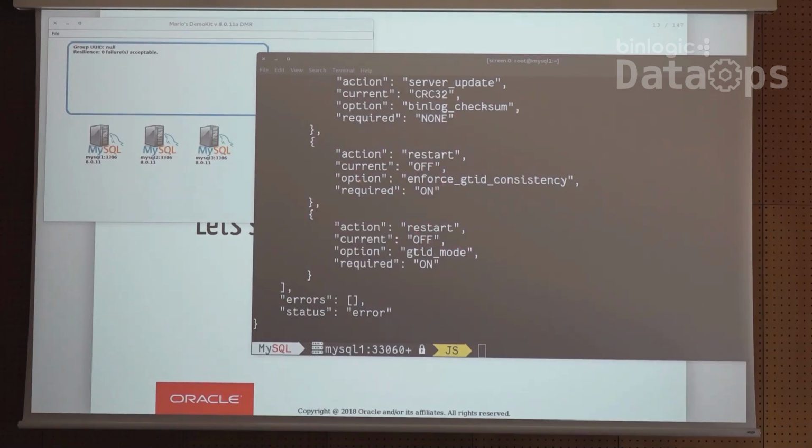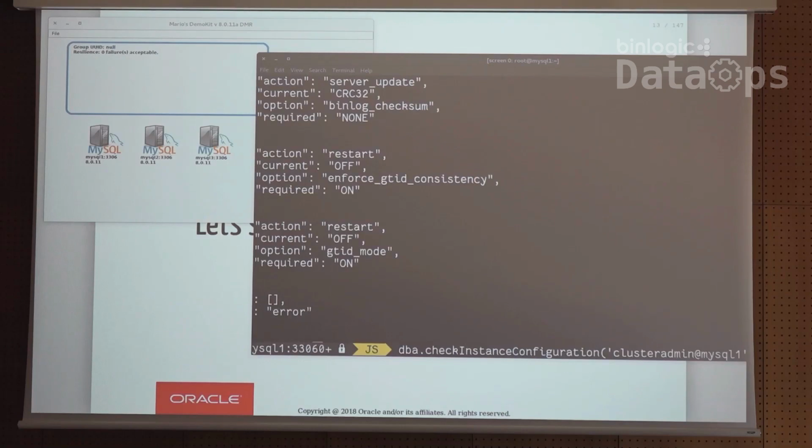So let's apply that. As you can see, I don't do anything on the configuration files. I don't modify them, don't touch them. So I will do here configure instance, give which instance I want to configure. And if I do that, it will change the configuration files, but I have to restart the machine by myself, maybe on the cloud or whatever. Or I can say, because I'm using MySQL 8, I can say here